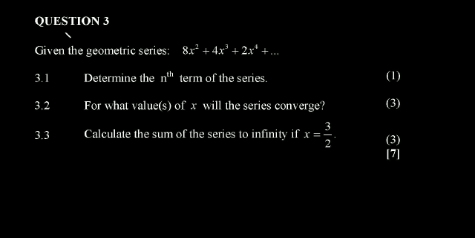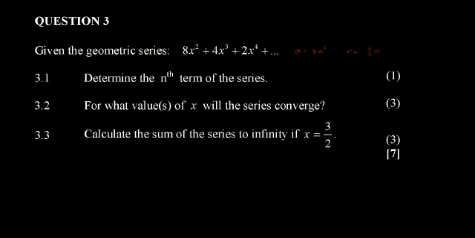In question 3 we are told this is a geometric series, so it is up to us to predetermine the leading term a and the constant ratio r to answer questions 3.1 to 3.3. I would also like to point out that question 3.1 is not correctly phrased, since they most likely meant to ask to determine the nth partial sum, but my interpretation is only for 1 mark, so most likely what